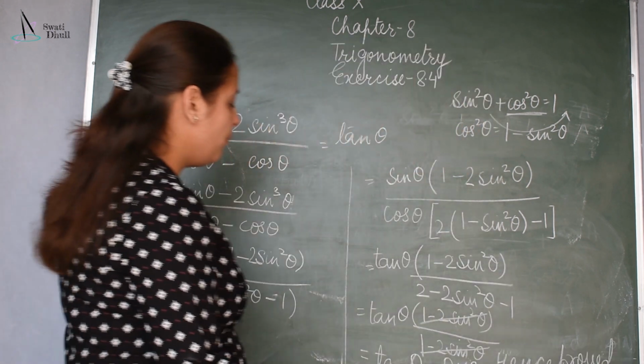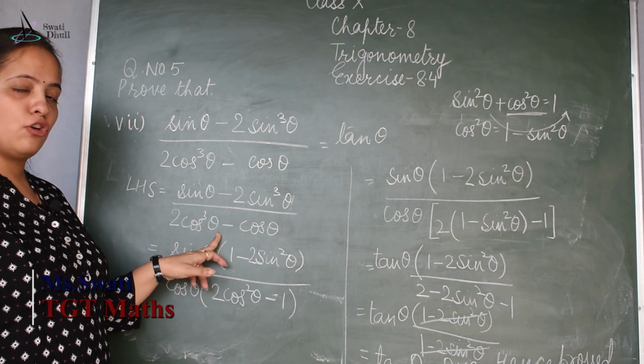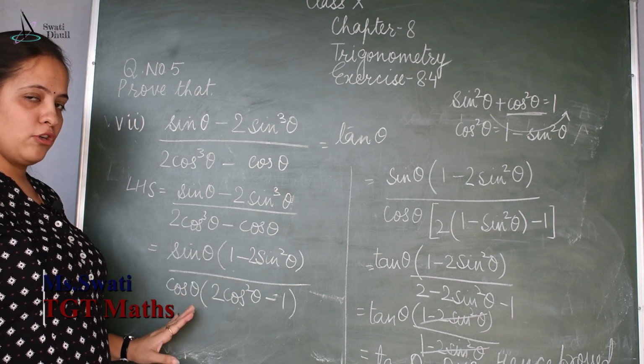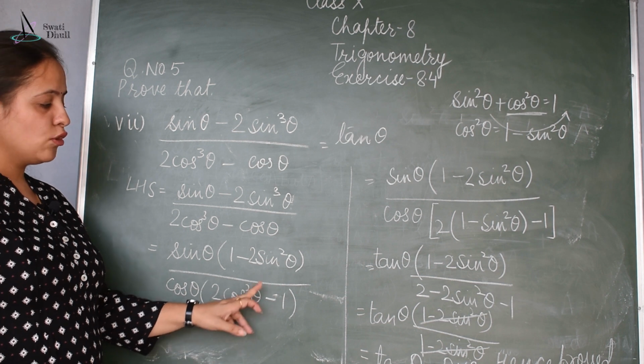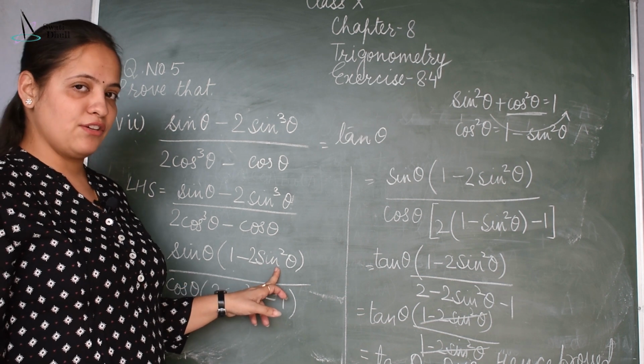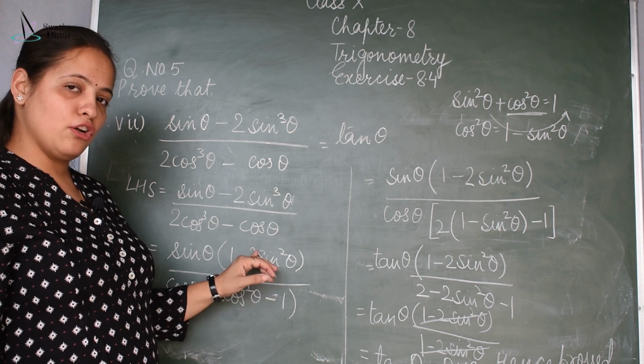So what you have to do is, you have to take sine function common and here cos common. So sin theta upon cos theta is tan theta. Now you need to remove this and this term. So what will I do? Here you have a sine function, here you have a cos function. So you can change either of them.